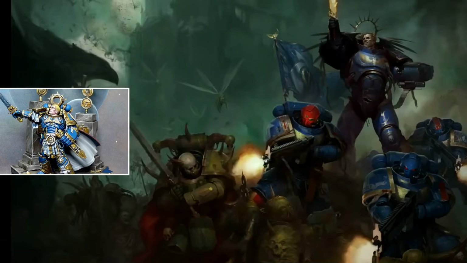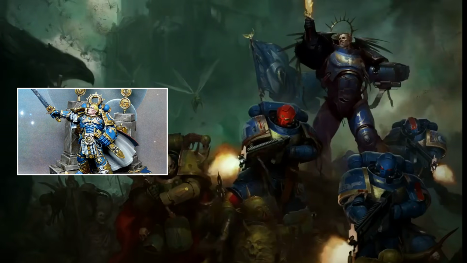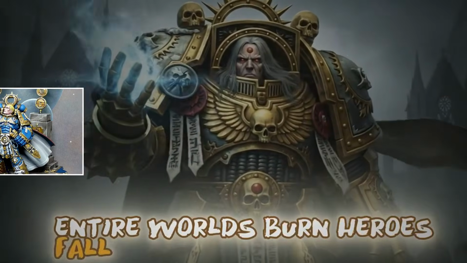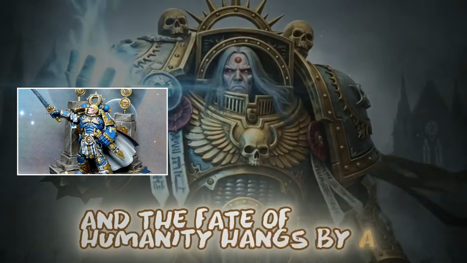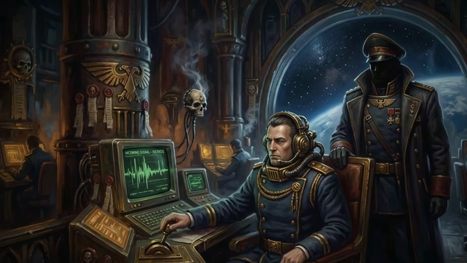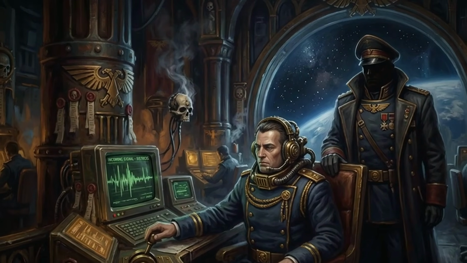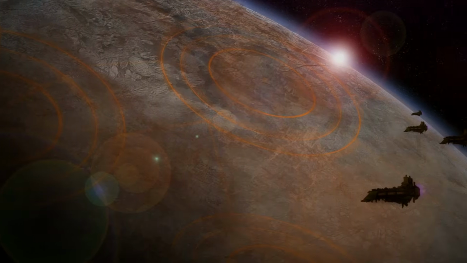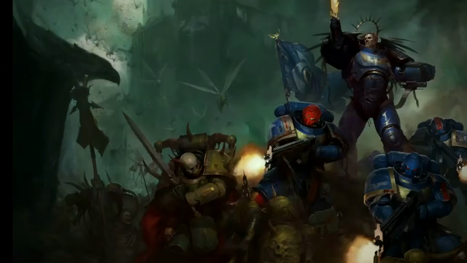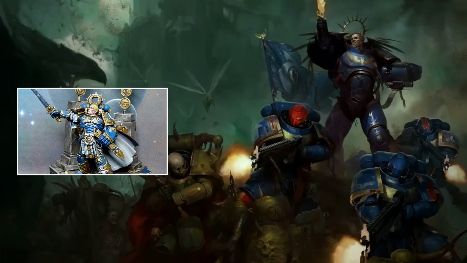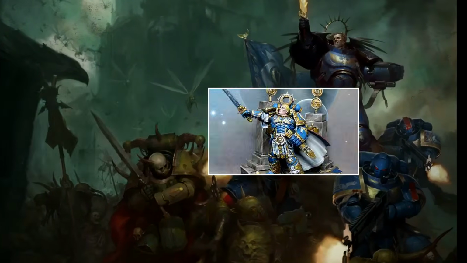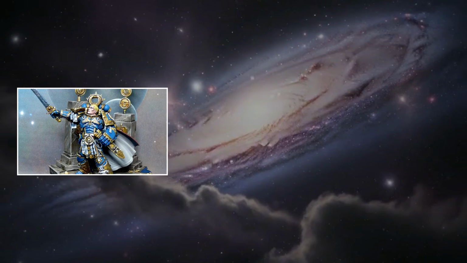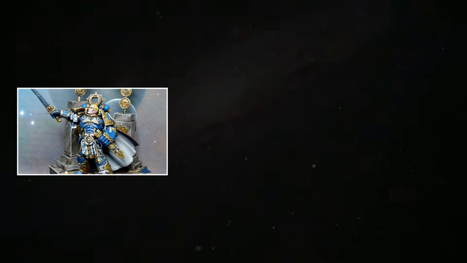Amidst these escalating threats, Guilliman, ever the pragmatist and strategist, confronted the High Lords of Terra, clashing with their entrenched, dogmatic and often self-serving policies. He found a council mired in bureaucracy, superstition, and personal ambition, largely unwilling or unable to grasp the true scale of the Imperium's peril. His attempts to implement logical, strategic reforms were met with suspicion, stonewalling, and outright resistance from individuals who prioritized their own power and archaic traditions over the survival of humanity.